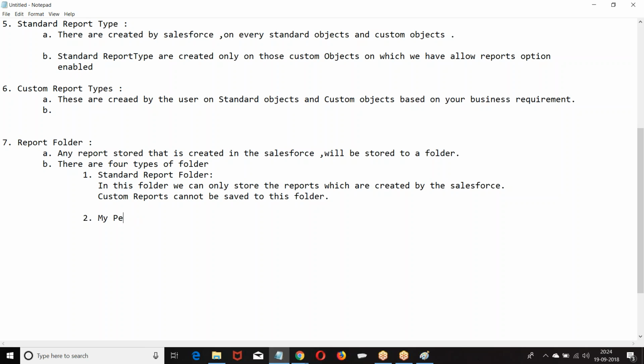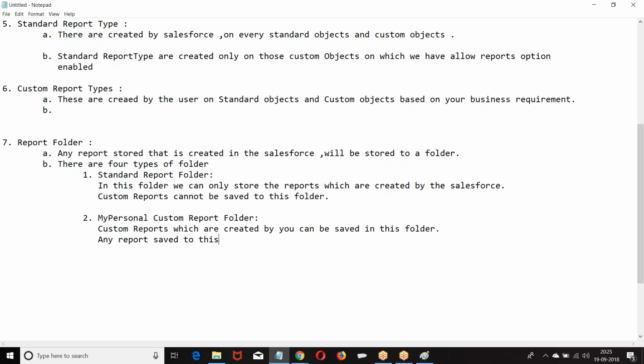My personal custom reports, which are created by you. Any report saved to this folder cannot be accessed